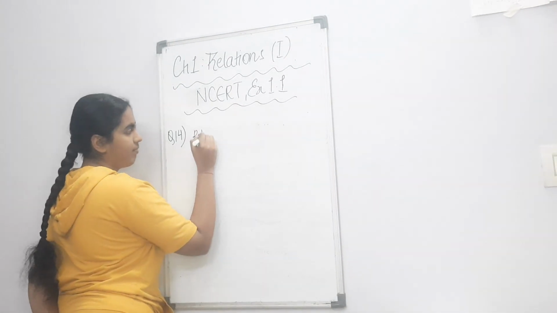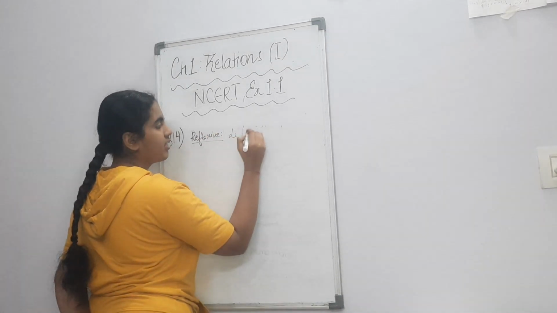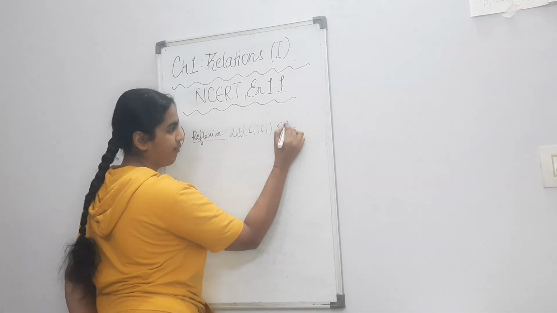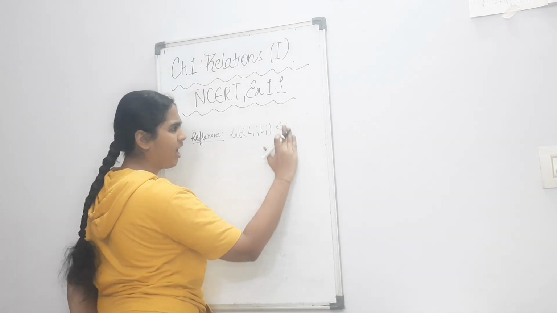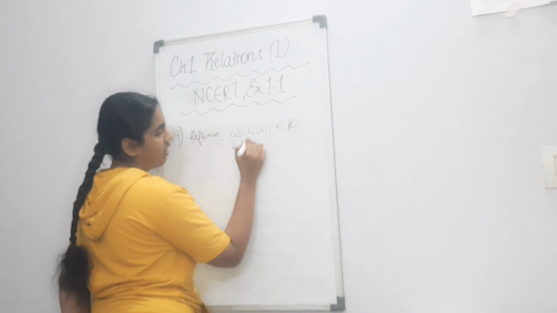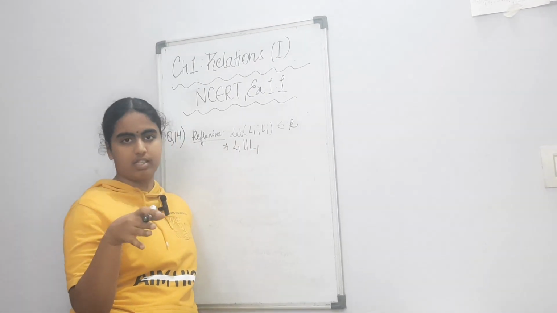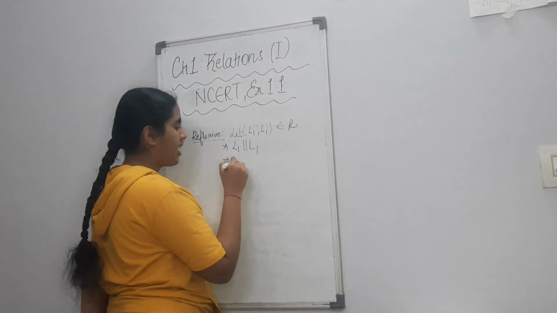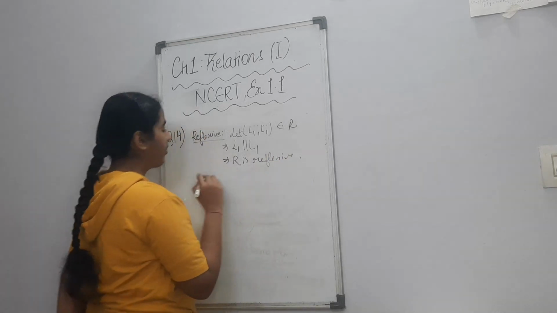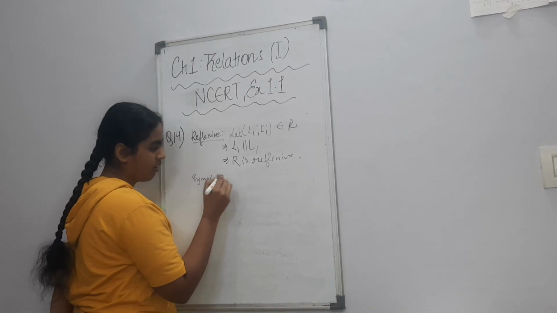Reflexive condition. Let L1 belonging to L, or you can write R as well because R is a relation. Now L1 is parallel to L1. Now any line is parallel to itself. That is a given. So this implies that R is reflexive. Okay. Symmetric. Let